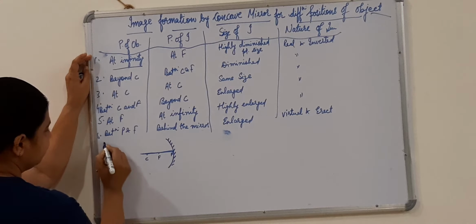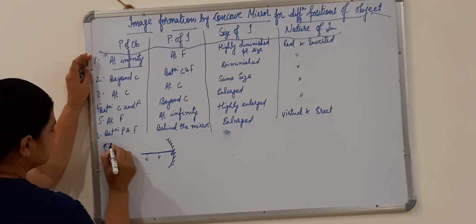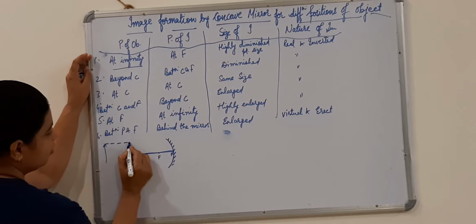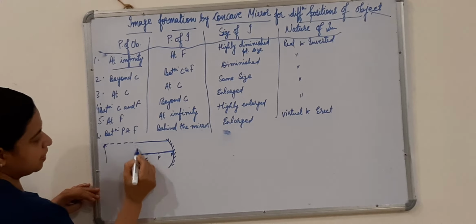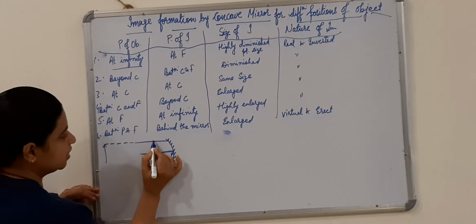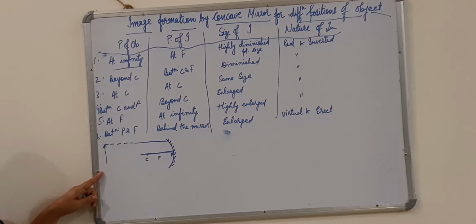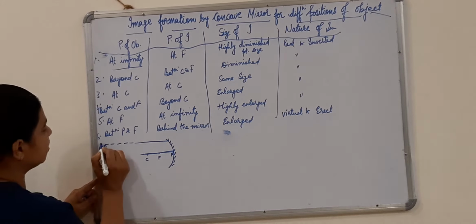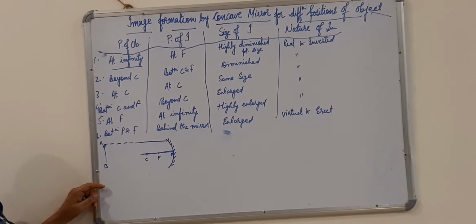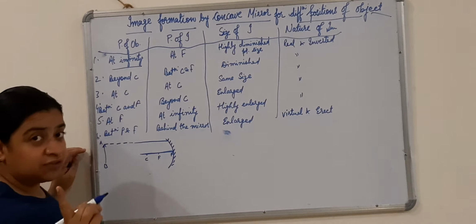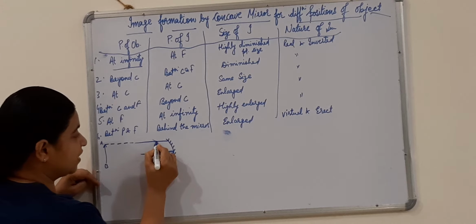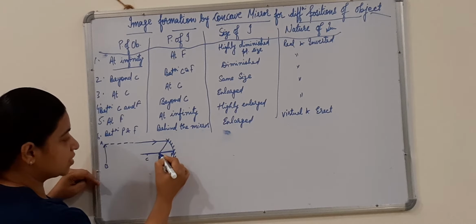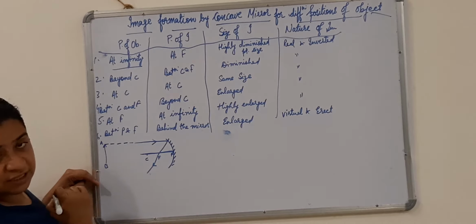Suppose this is our object which is at infinity. So, any ray of light coming from this object, as it is away from our principal axis, that is why I have drawn the dotted line. But as soon as it reaches our principal axis, I will draw the complete line. This is the first ray of light coming from the object. This way you are going to draw the ray diagram. Let us give it a name, AB. Now you know the first rule. Any ray of light coming parallel to the principal axis, after reflection from the mirror, will pass through the focus.